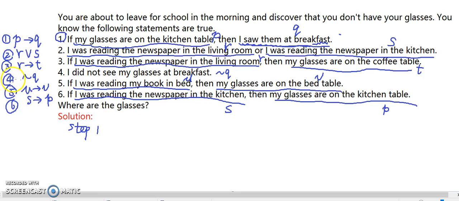We notice that number 1, number 4, and number 6 all involve the statements P or Q. So if we look at the first and the fourth, we can use the argument because we know that's one of the premises we have, if P then Q. And we also know negation of Q. Therefore, by modus